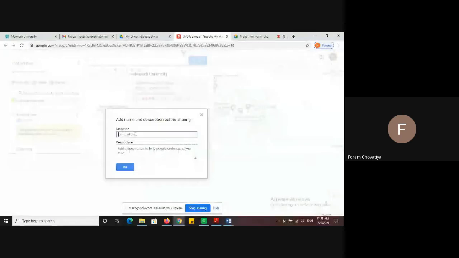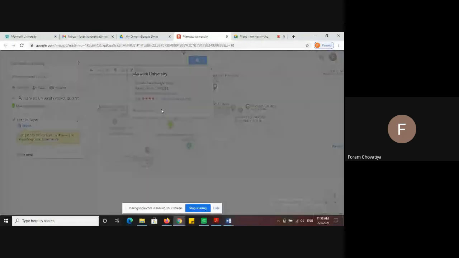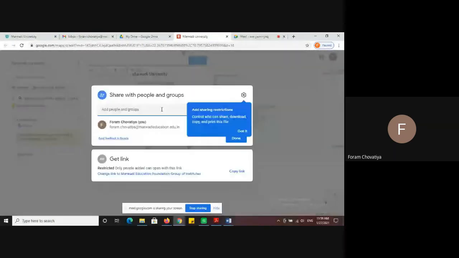Then the untitled map, the map title is Marwadi University city, and in the description you can write any type of description. Then okay.